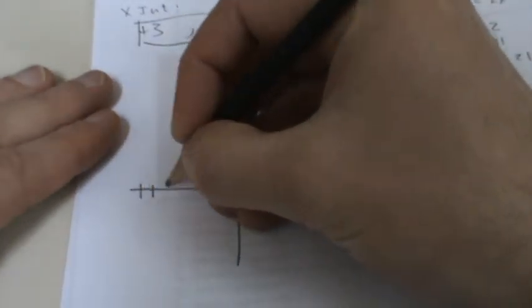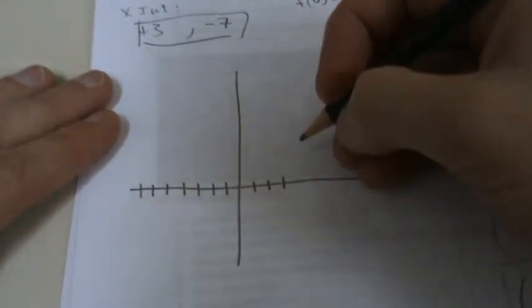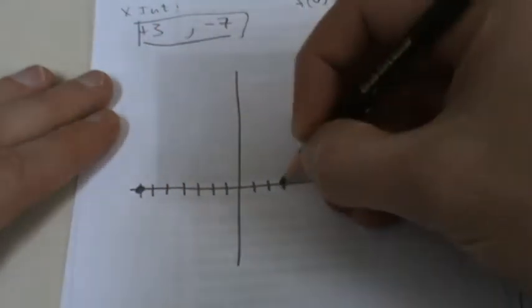Okay, there's my vertex, there's my y-intercept, there's my 2 x-intercepts. Let's graph it and finish this off. Okay, so I've got a negative 7, 2, 3, 4, 5, 6, 7, and 1, 2, 3 here and here